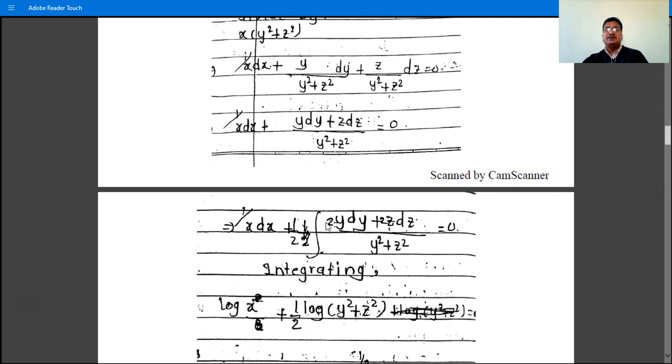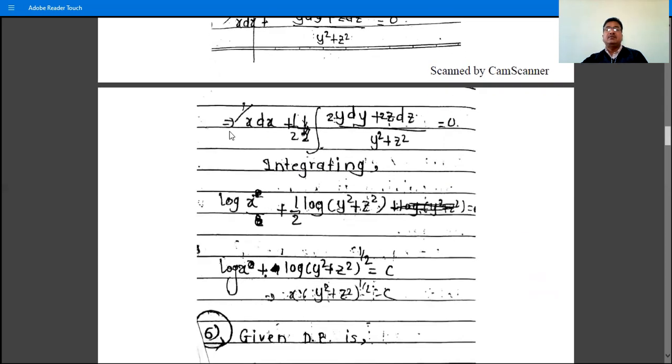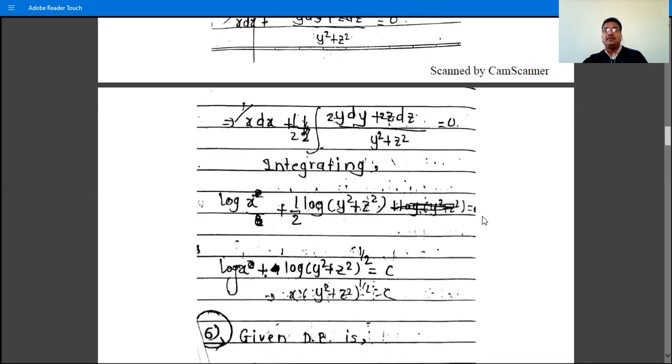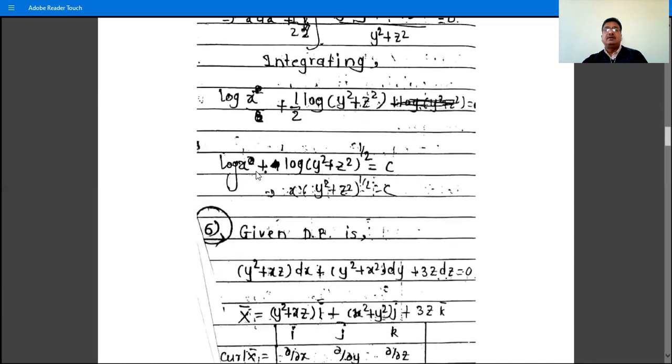So adjust 2. So divide by 2 and multiply by 2 and integrate. So what we get? Integration of 1 by x is log x, 1/2 is constant, and integration of this 2y dy plus 2z dz divided by y square plus z square is log of y square plus z square, by the rule f dash x divided by fx. So it is log fx is equal to constant of integration, suppose c or c dash, and then log 1